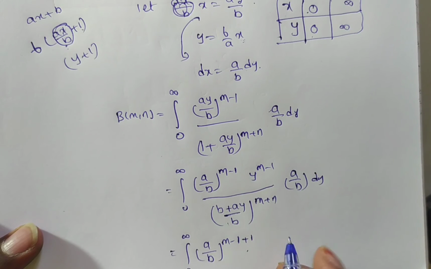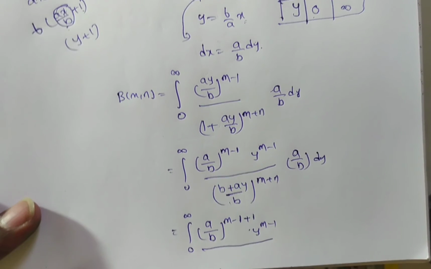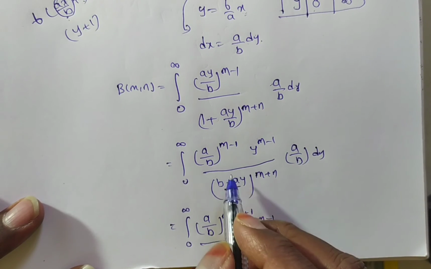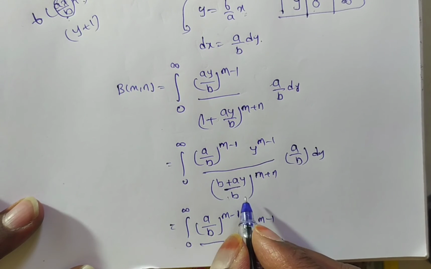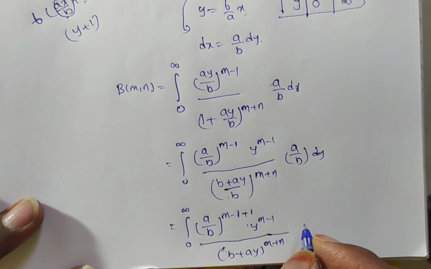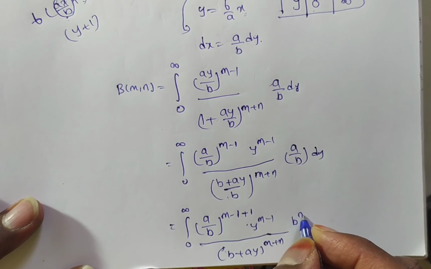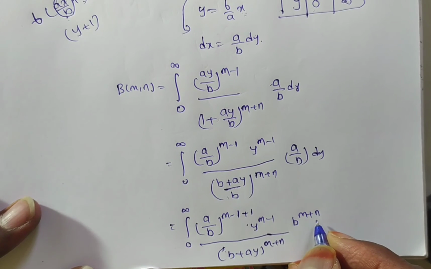And friends, you see, y^(m-1) divided by, I am writing like a by b by c by d type. So this one you see, I am writing b plus ay in the denominator, and this b^(m+1) you can take into the numerator. You can bring out a, yes or no? Then in this case you will have b^(m+n). Okay?